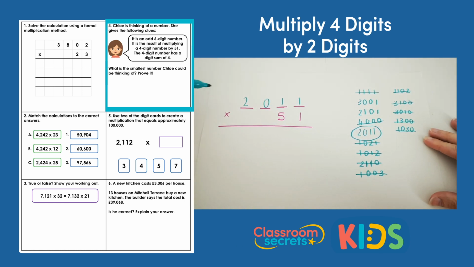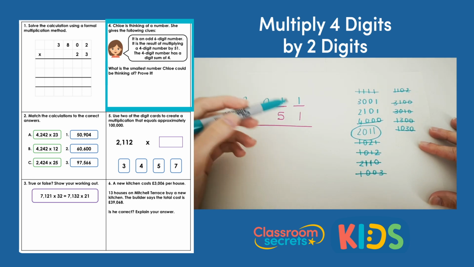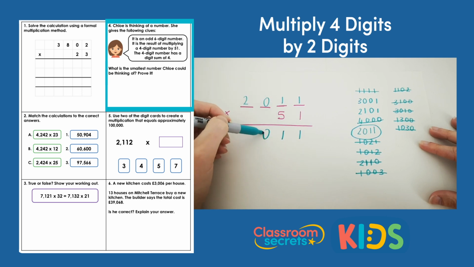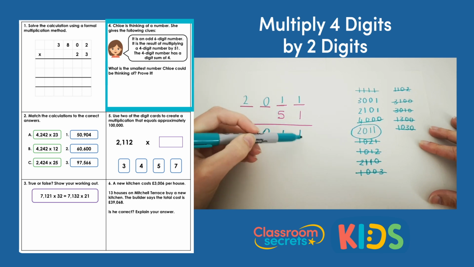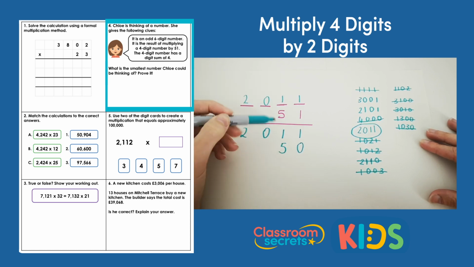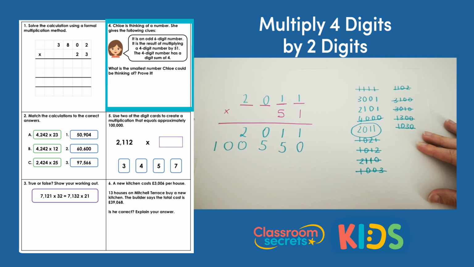So remember, when we multiply 2011 by 51, we want the answer to be a 6-digit number that is also odd. So if we do 1 times 1, we get 1. 1 times 1 is 1. 1 times 0 is 0. 1 times 2 is 2. Then move on to the 50. 5 times 1 is 5. 5 times 1 is 5 again. 5 times 0 is 0. 5 times 2 is 10. So now if we add these together,